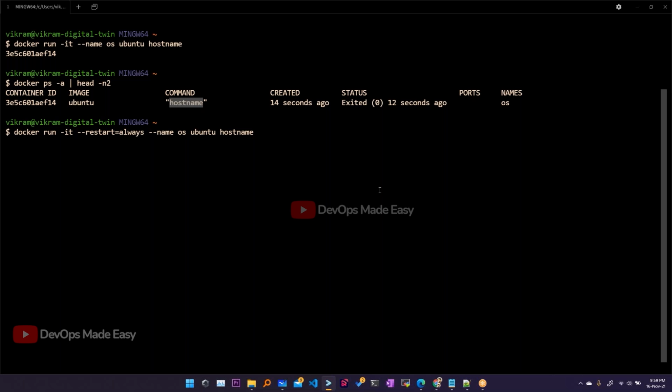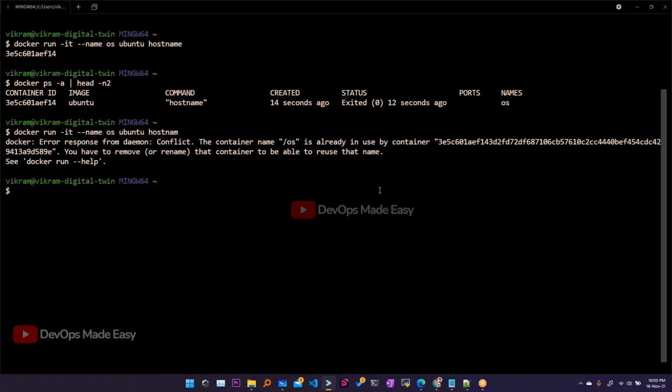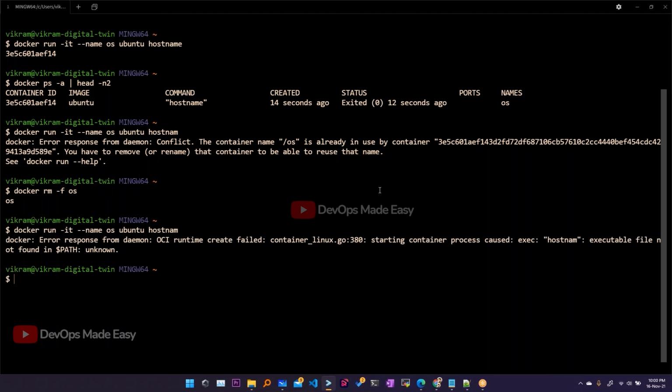Let's see, I wanted to run a command. That command does not exist, so I made a typo and then ran it. The OS container is already running, so let me delete it first. So I'm running a wrong command. Now see here, when there is a wrong command, what did the container do? It said this particular command is not there.